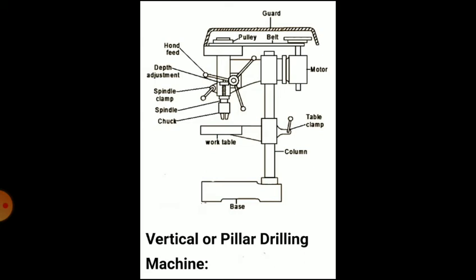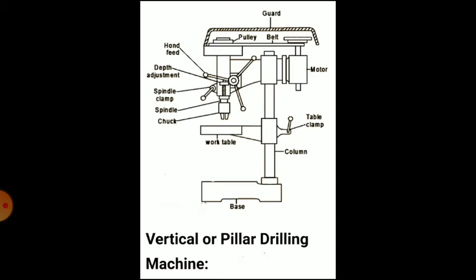The adjustments that you can make in a round column section are: first, the arm and the table may be moved up and down on the column. So you can move the table as well as the arm in an upward or downward direction along the column. Second, the arm and the table may be moved in an arc up to 180 degrees around the column.